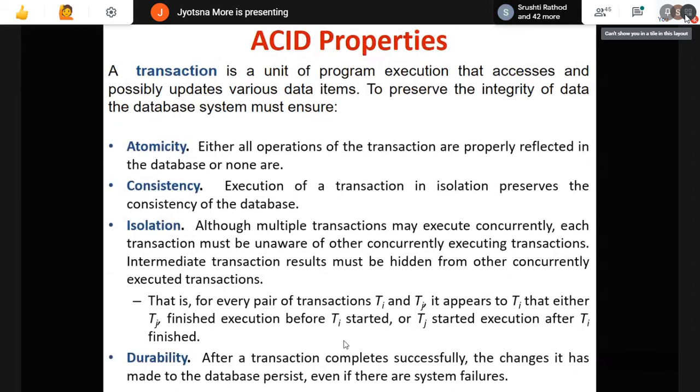That is durability. So if any transaction is satisfying all these ACID properties, then definitely your transaction is successful and it is following all the rules of a transaction. If a question on ACID properties is asked, first go ahead with the definition of transaction properly. For a transaction to maintain integrity, it needs to satisfy the ACID properties. These are the ACID properties. Mention those. Plus, with this, you can give one example to explain all this, right?